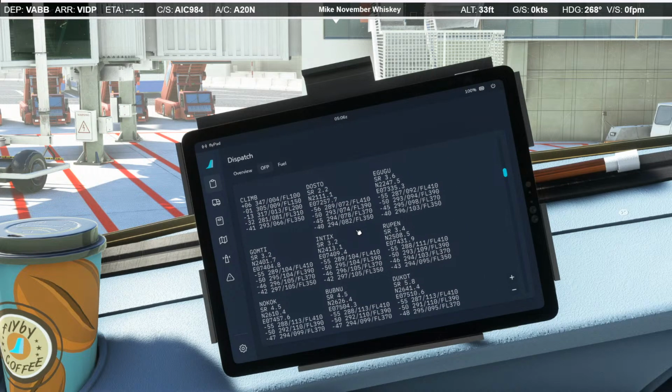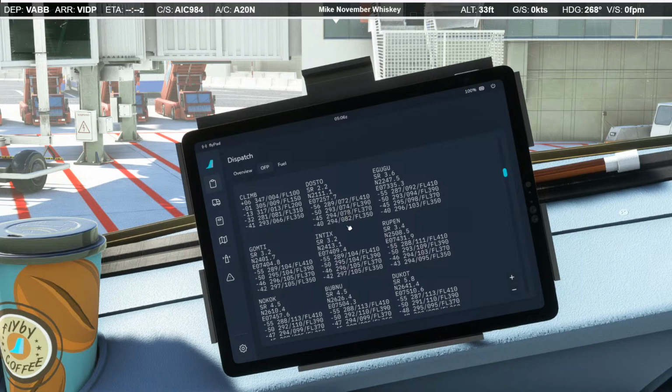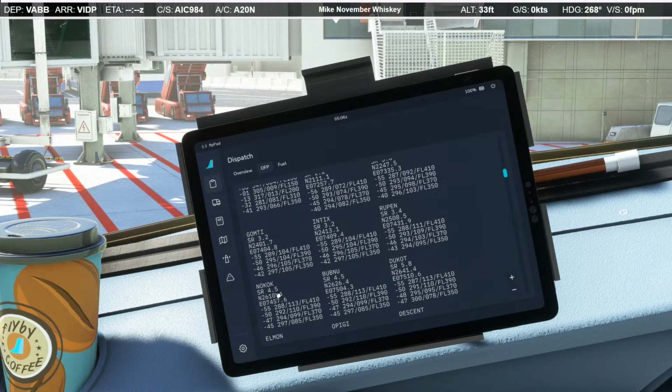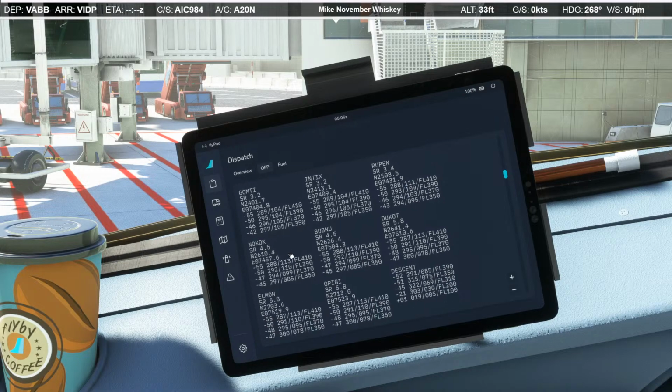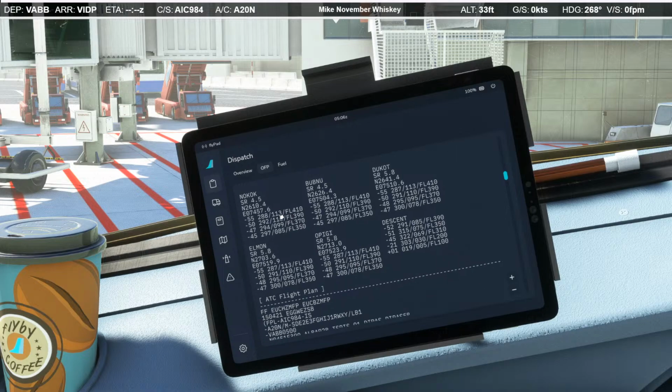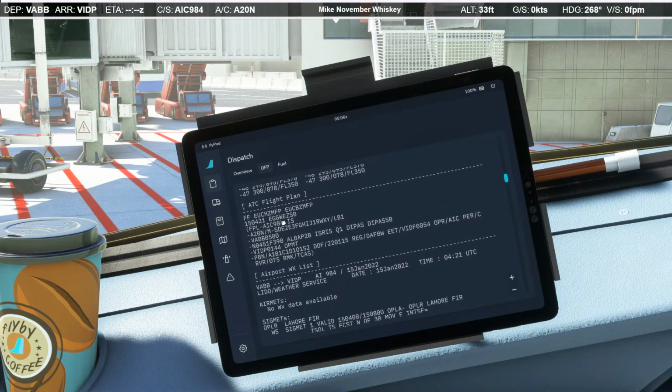Looking at our various waypoint information, shear rate gets pretty high at NAKOK, so we'll just have to pay attention when we get close to NAKOK. It might be bumpy all the way through to our descent, so we'll just be cognizant of that.